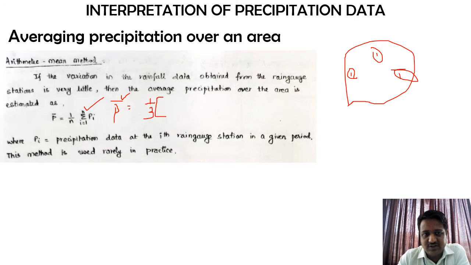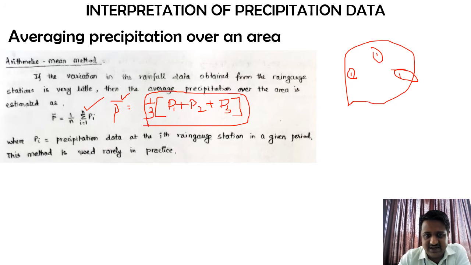The precipitation I have got from rain gauge station 1 is P1, plus P2 from the second one, and then P3 from the third one. If I have all these three at once and I divide by 3, that is nothing but a simple arithmetic average. So that itself comes under the arithmetic average. Because of this crude nature, it is just a simple arithmetic mean that we are calculating. So for practical purposes, the arithmetic mean method is rarely used.